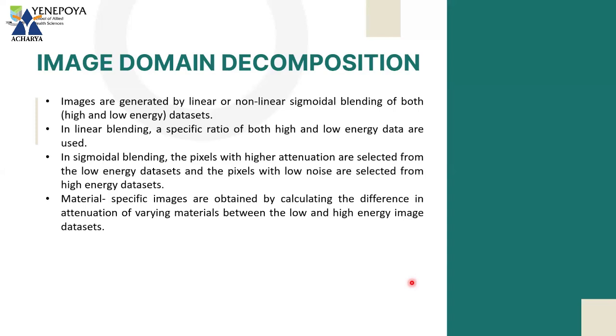But when you're talking about sigmoidal, from the low energy data acquired at 80 kV, you take the pixels which have very high attenuation and keep them aside. Then you go to the high energy data set taken at 140 kV, where you will have images with less noise, because it was acquired at a higher dose. The low noise pixels from the high energy data set are taken out, both are registered, and then you get the post processed image. This is all about the image domain